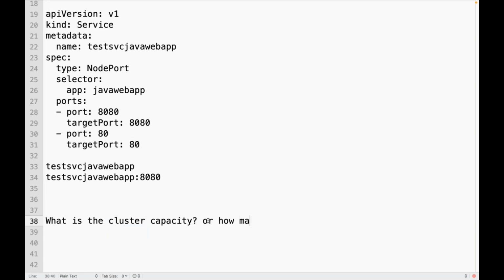Resources are like CPU, memory, like this. How much resources do you have available in the cluster? What is your total cluster capacity?